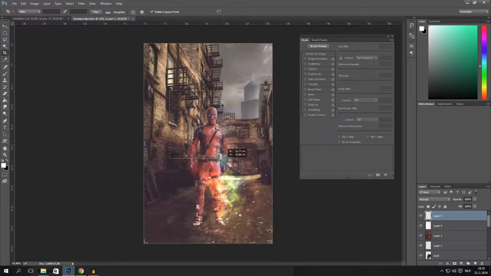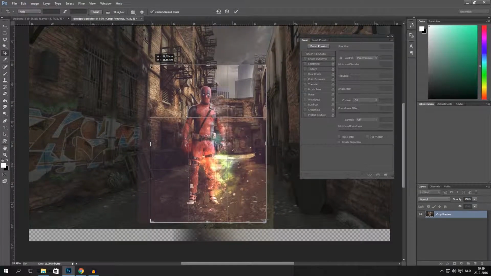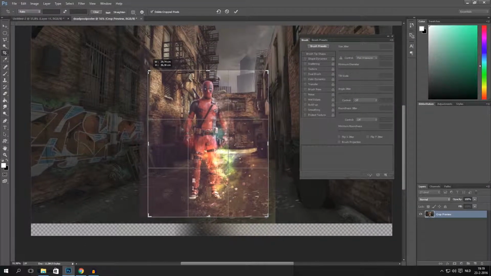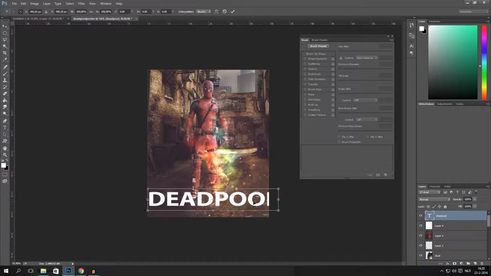It's maybe too large right now, so something like this, or this is okay. And the final thing I'm going to do is add a cool title, and a very original title for this is Deadpool. So I'm going to add Deadpool on it,